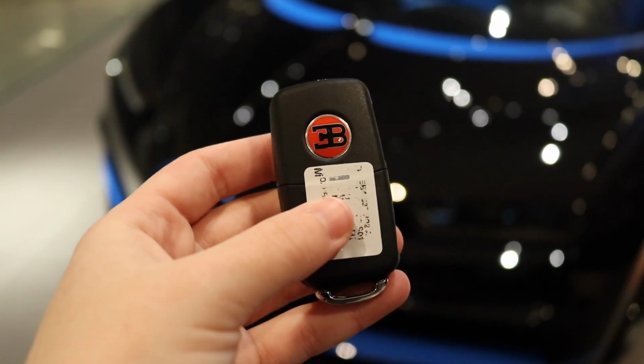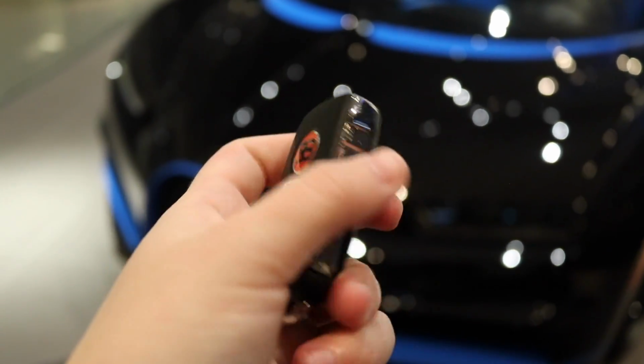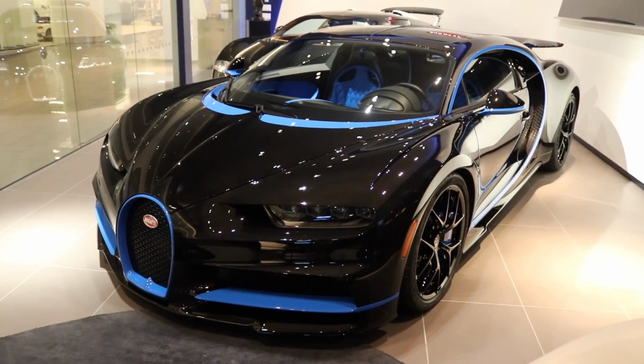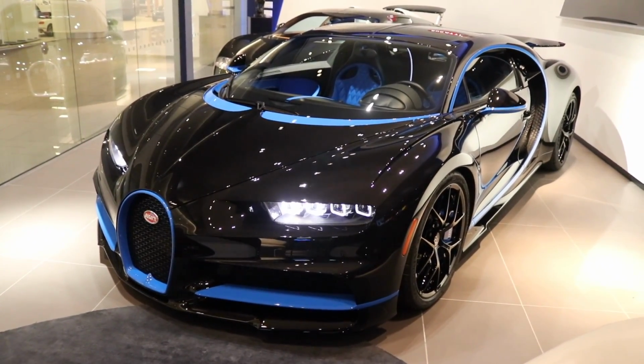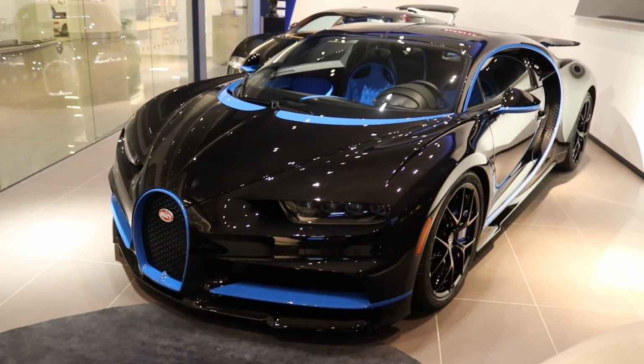So here's the key to the car. This is actually one of these secondary keys. So you've got your Bugatti logo on this side, and then on this side, you've got your lock and unlock buttons. So if we lock it, and if we unlock it,